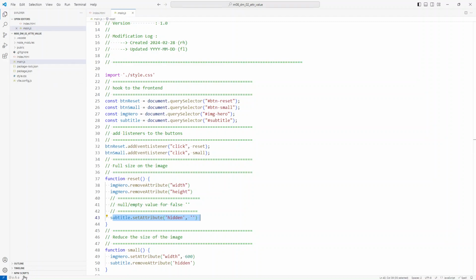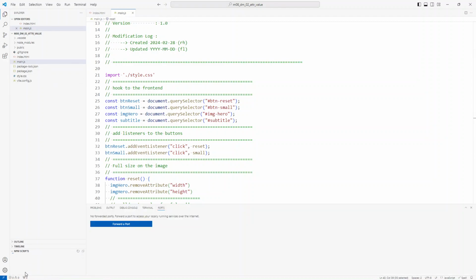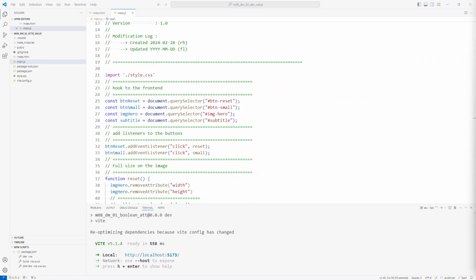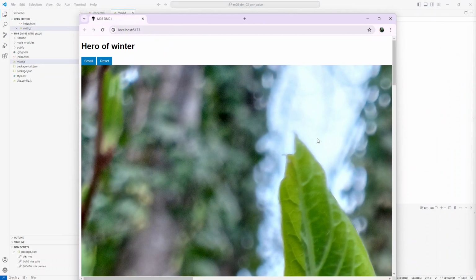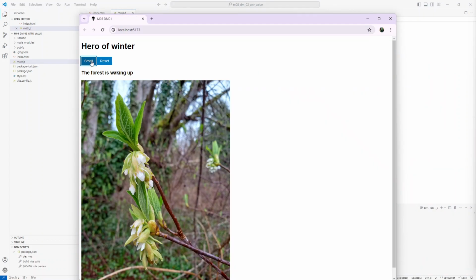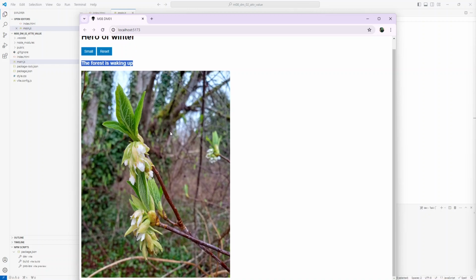So I'll just play around with code and see what happens. So I'll just get the npm scripts to fire up here. Let's get there and fire that off. And it'll probably pop off screen. I'll slide it over when it does. Yeah, there it is. Okay. So right now, Hero of Winter, quite a big image. We can't quite see it in that. So we can say, hey, make it smaller in that. The H3 tag appears. The forest is waking up and we have a view, sort of like a scaled down